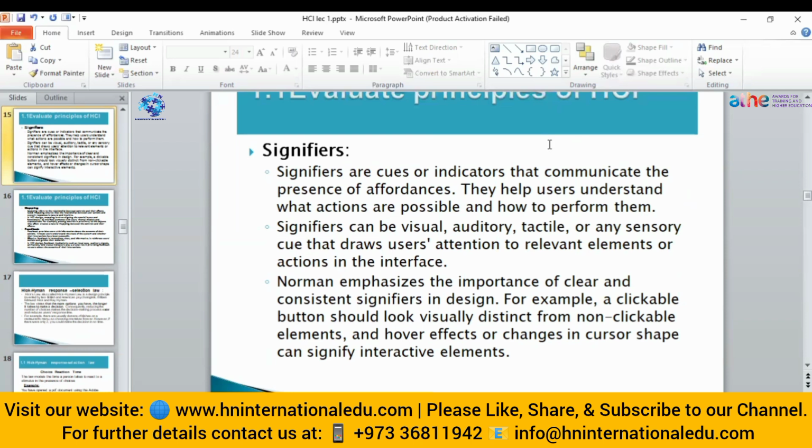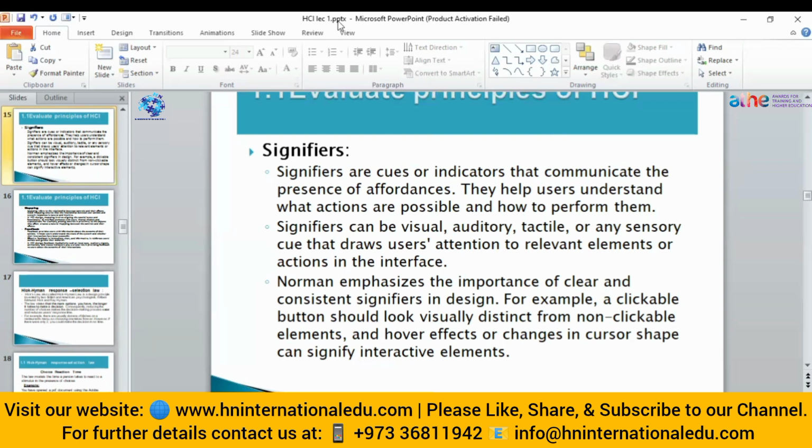For drawing the user's attention, we use relevant elements. For example, a clickable button should be visually distinct from a non-clickable one, like when a hover effect is used.